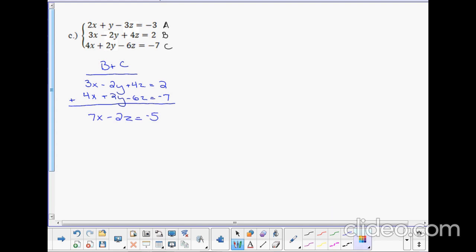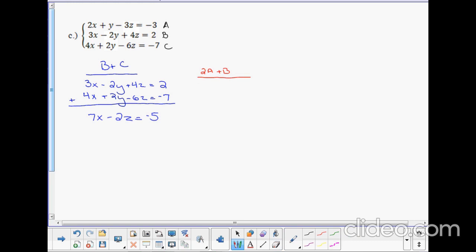I want another 2-variable equation with the variables z and x. So again, I want to eliminate y. If I take a look again at my equations, I can't use B and C again. I want a different pairing. I may notice that I can pretty easily eliminate y with the combination of A and B. If I double A and add that to B, that's going to eliminate the y values as well. So doubling A,